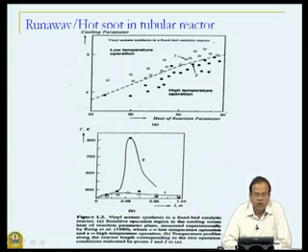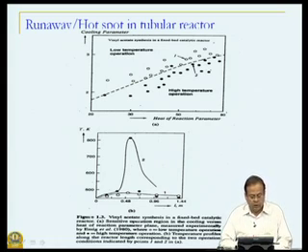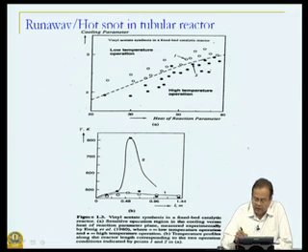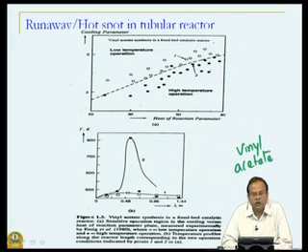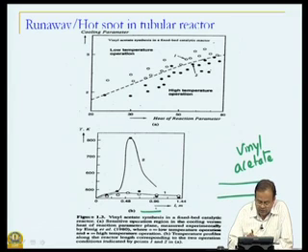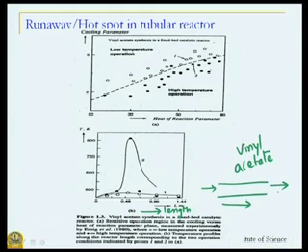This is yet another example, and this time we are looking at a tubular reactor, and we are looking at a reaction of vinyl acetate synthesis. Vinyl acetate synthesis in a tubular reactor, and what we are looking at is, on the x axis, the length along the reactor. This is where my reactants are coming in, this is where my products are coming out. So, on x axis I am looking at length, and on y axis I am looking at temperature in the reactor. There are two different operations shown, low temperature and high temperature operations, but we will right now look at a behavior which is